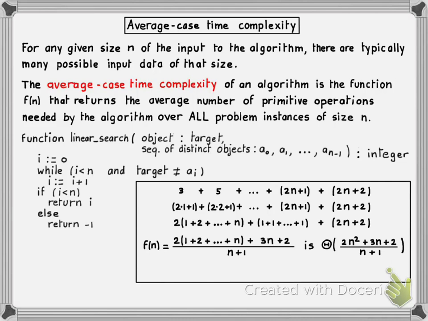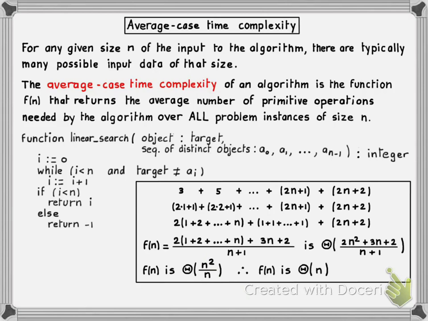Now in terms of big theta notation, the numerator here, of course, is big theta of n squared because it's a polynomial of degree 2. So we can simplify that on the top. And the denominator here is a linear polynomial function of degree 1, so it's big theta of n. So in terms of big theta, we could simplify the denominator to n. Of course, the plus 1 does not matter when n gets large enough. So in conclusion, f of n is big theta of this expression, which of course we can simplify to big